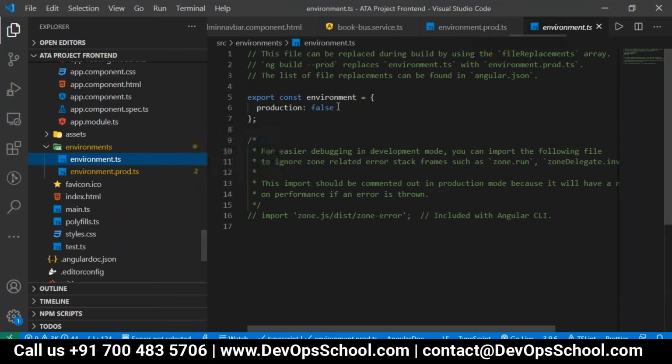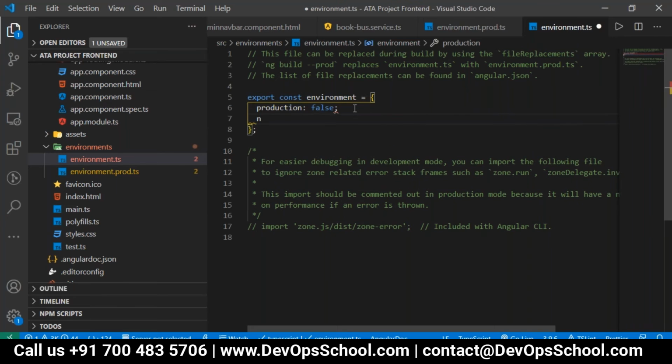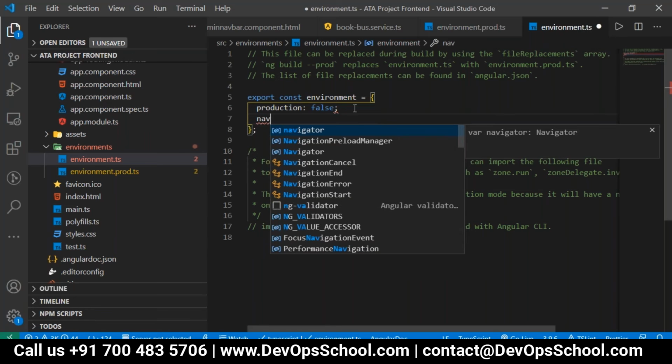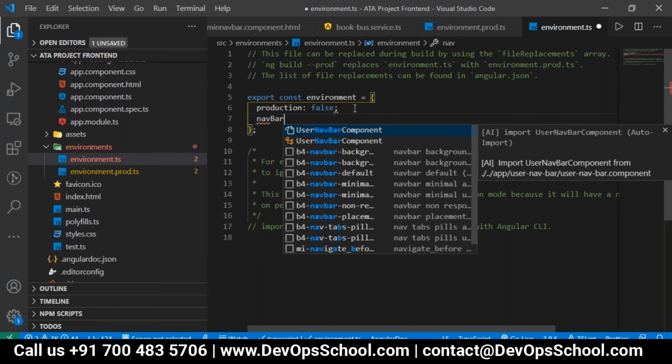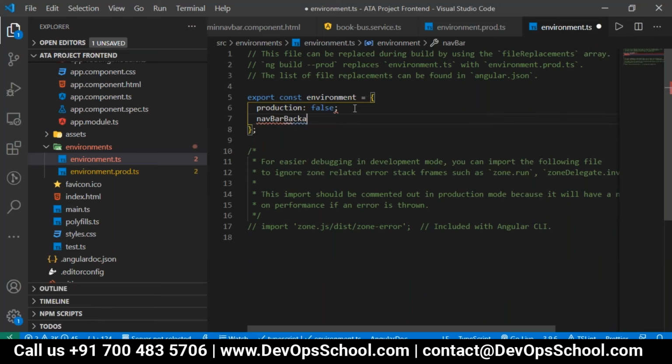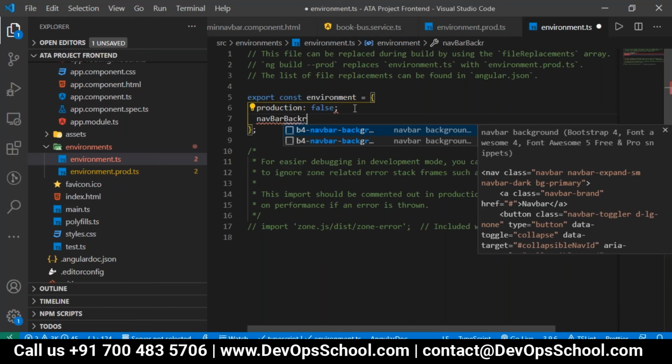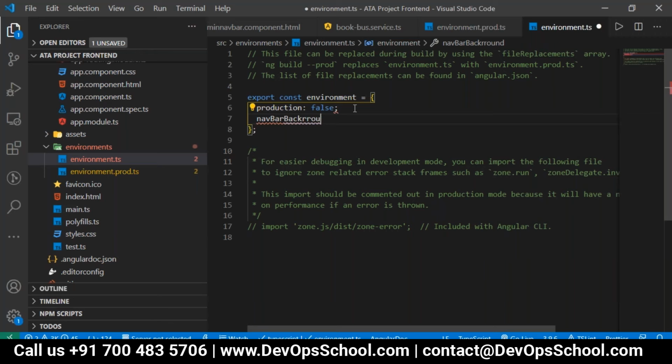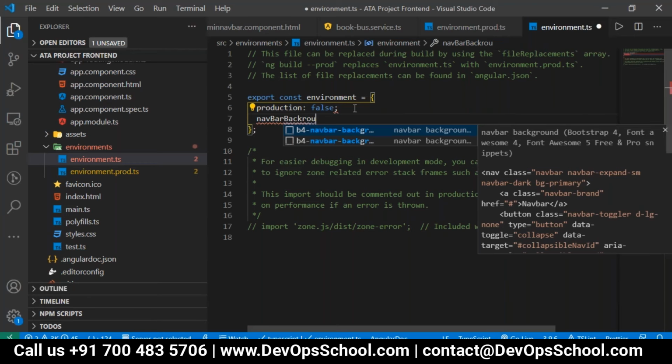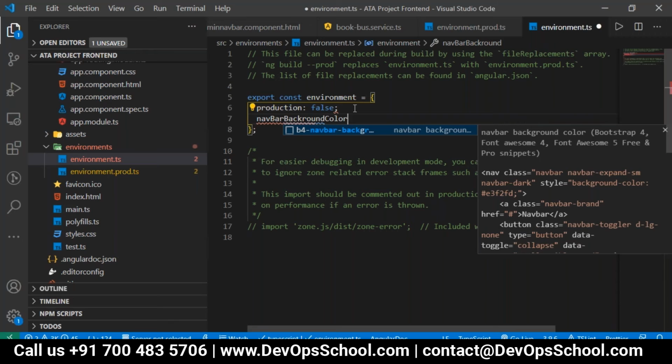I'll configure some property here, a constant in the environment. I will use one property, any property, some different property name, nav background color.